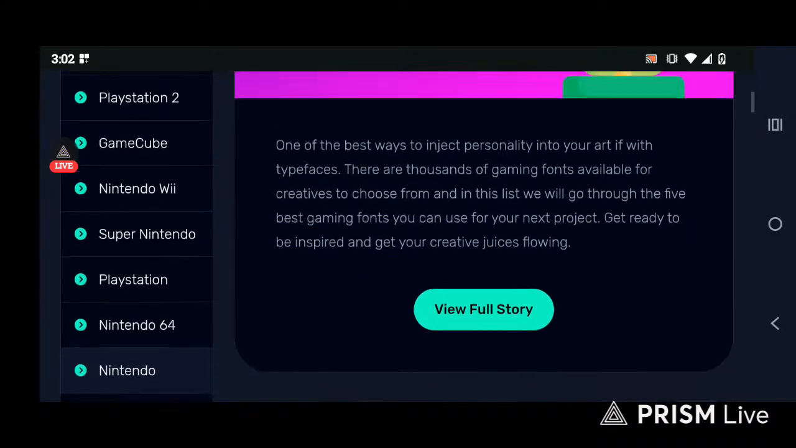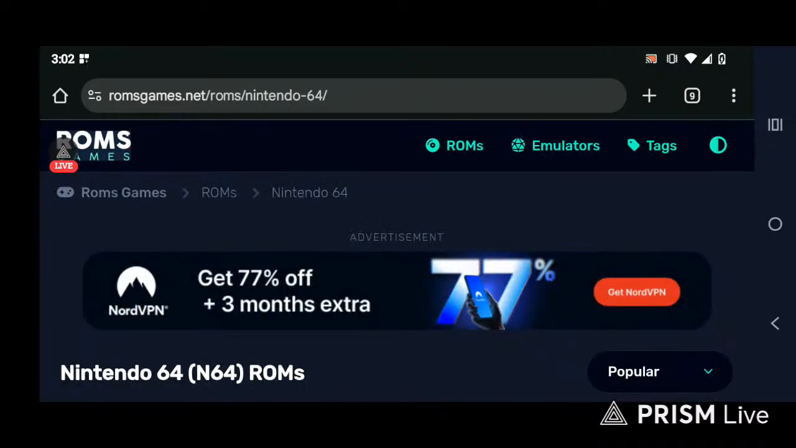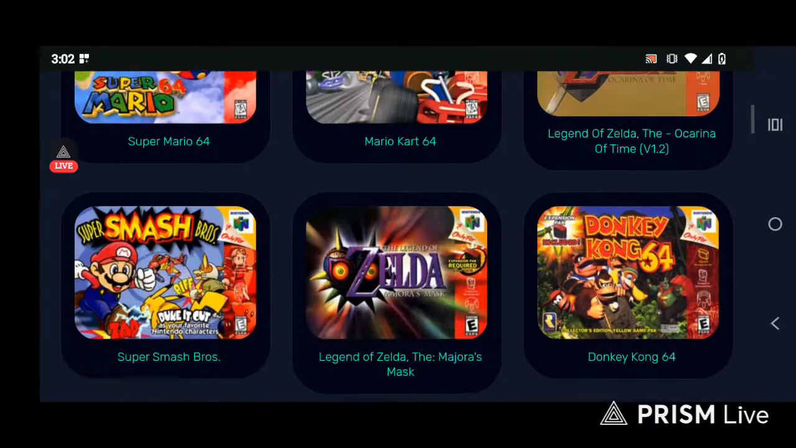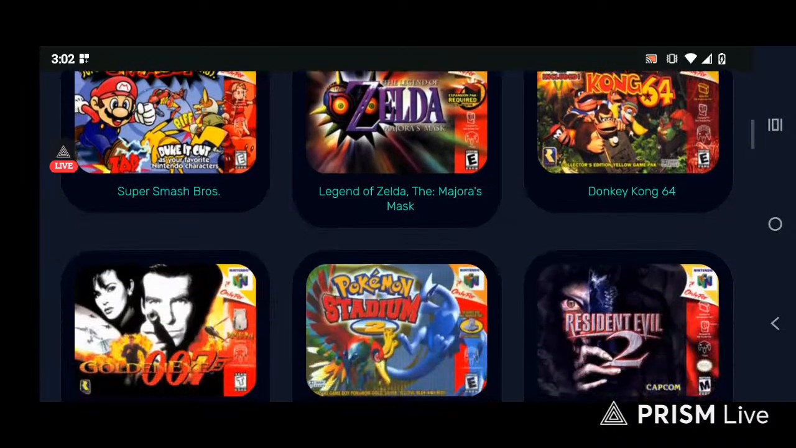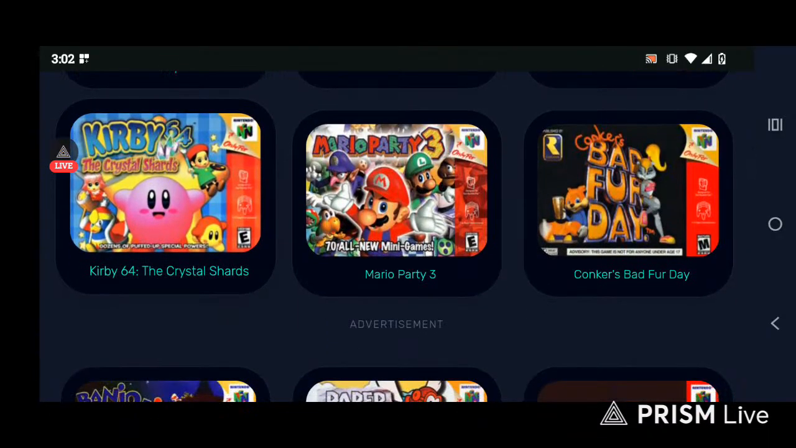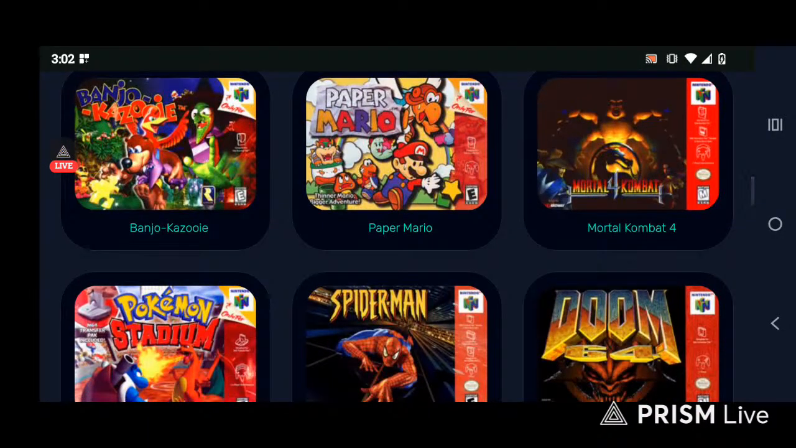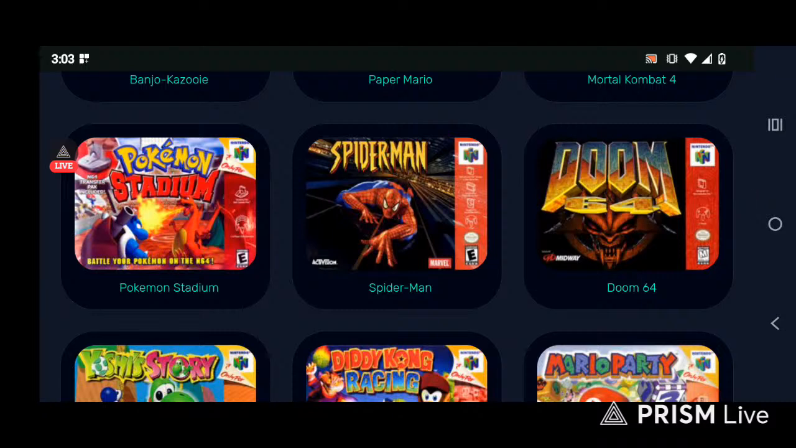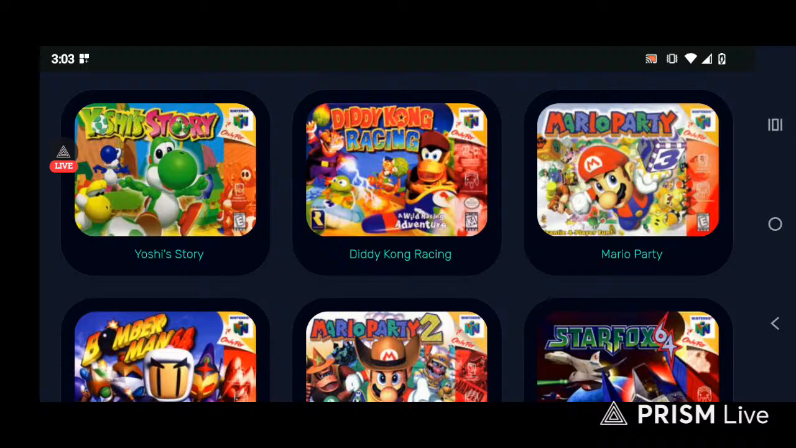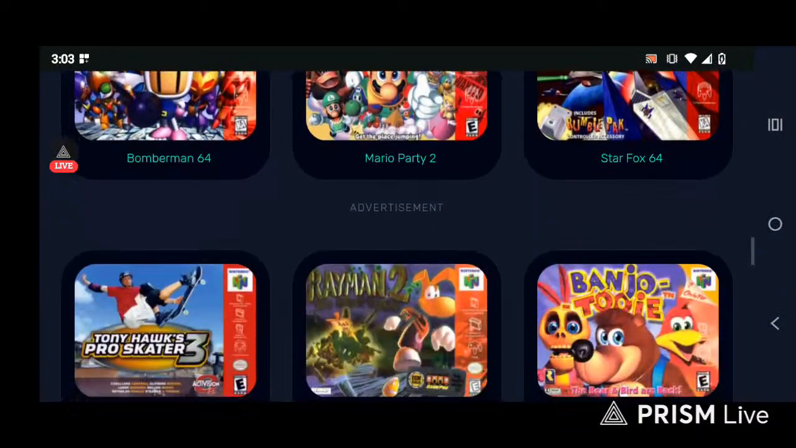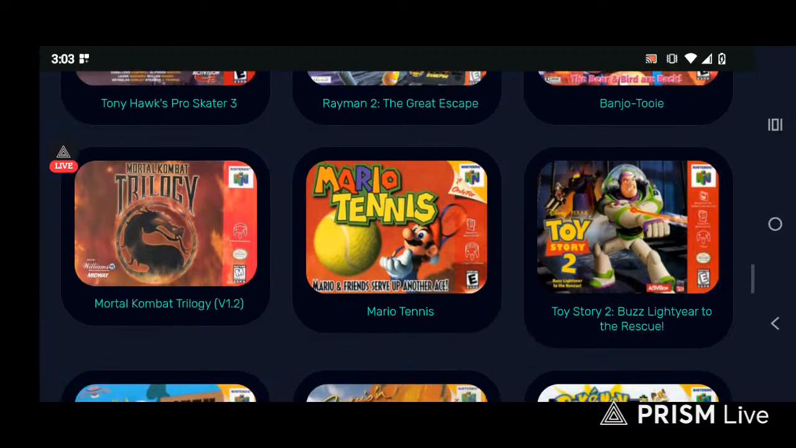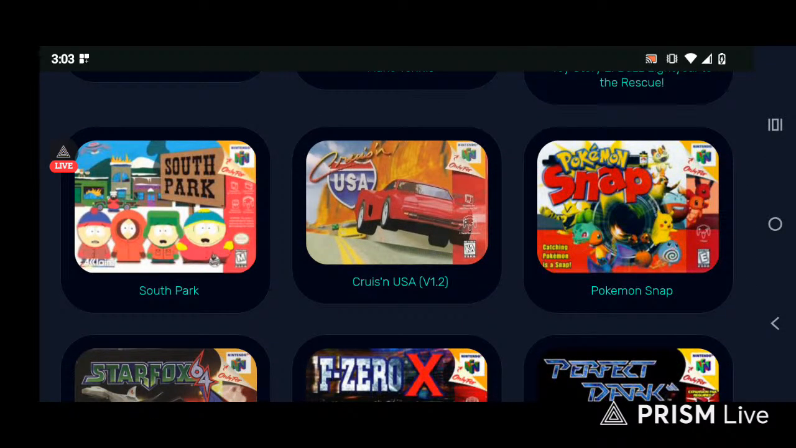I'm gonna show you the Nintendo 64. Now these are some of the games. They got some Zelda, James Bond GoldenEye, Resident Evil 2, Mario Party, Spider-Man, Pokemon Stadium, Yoshi's Story, Star Fox 64, Tony Hawk, Rayman, Toy Story, Mortal Kombat, California USA,